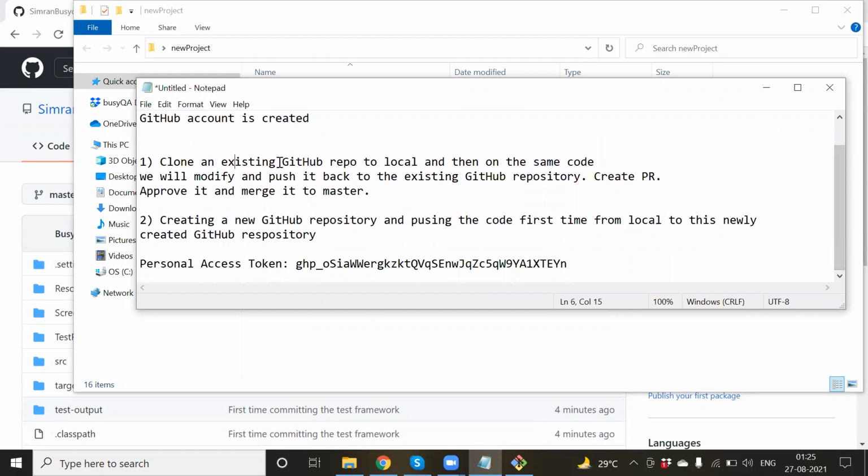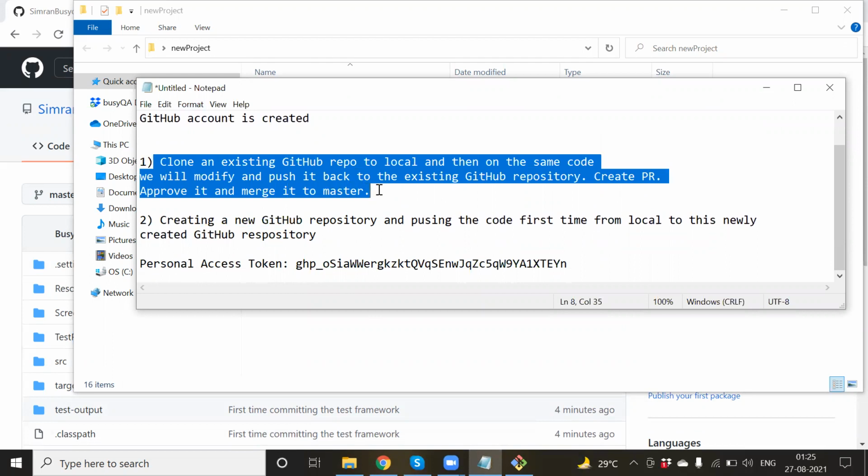In one way you can clone the existing GitHub repository, in another you can create the GitHub repository. Mostly in a project the GitHub repository will already be created, and you will always be falling in the scenario where you clone the existing GitHub repository. Later, if you have the code with you, in the future you don't have to clone every time. The second time or next time you can just do a git pull or git update on that.